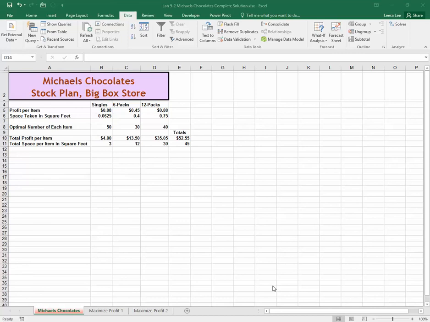Hello Excel students, and welcome to a quick review on Chapter 9. This was the chapter where we did complex problem solving, or Solver, and also learned how to do different scenarios so that we could compare some differences in our planning for different things in our worksheet, and then we learned how to do a scenario summary. In this particular item, we're on Lab 9-2, Michael's Chocolates, and we had investigated two different scenarios here